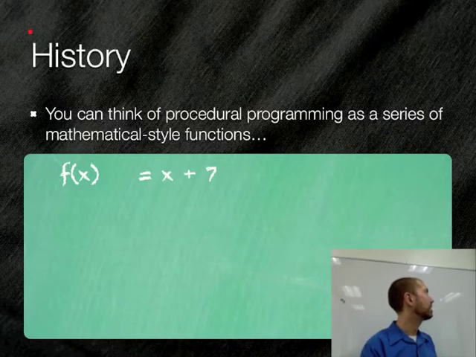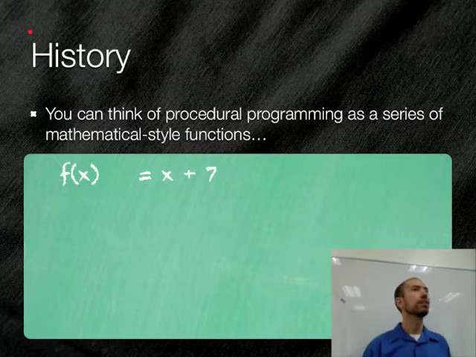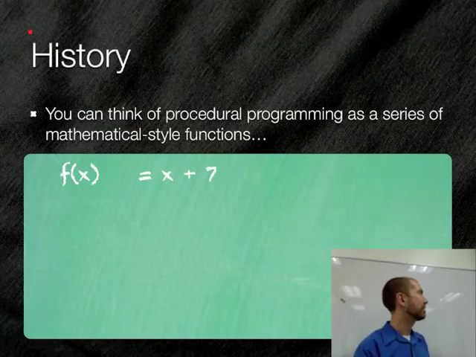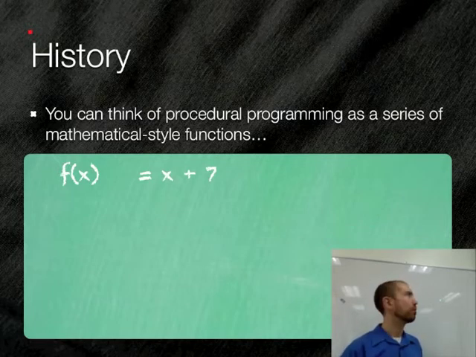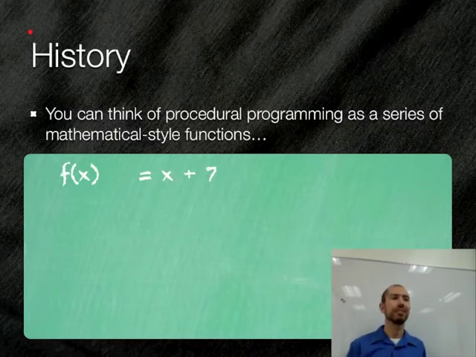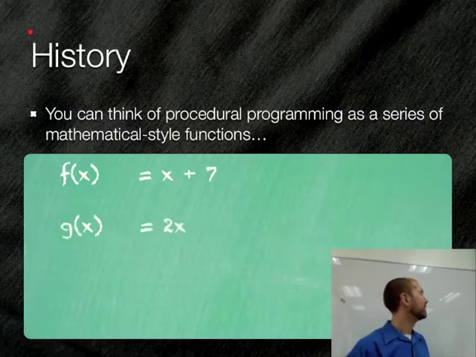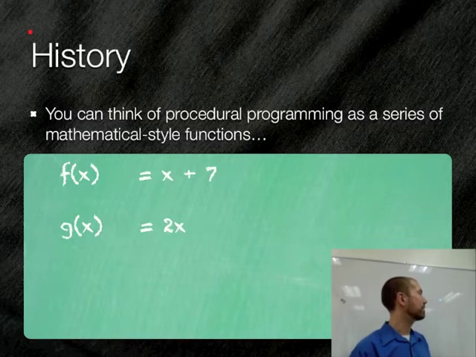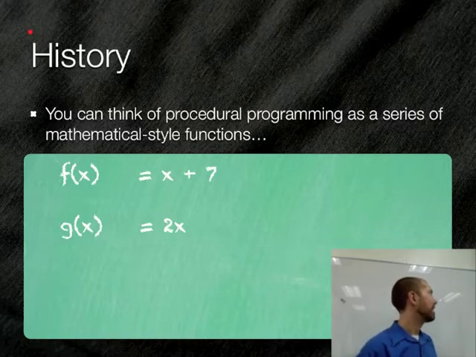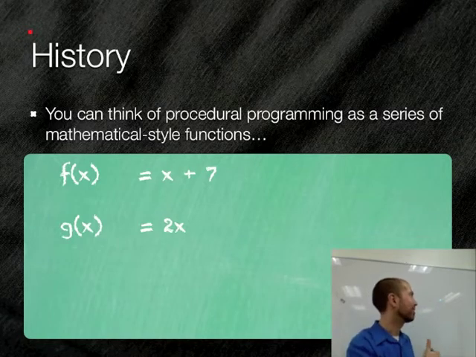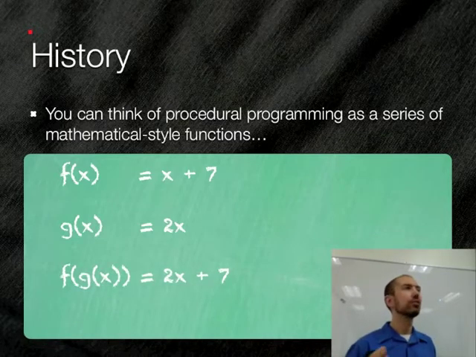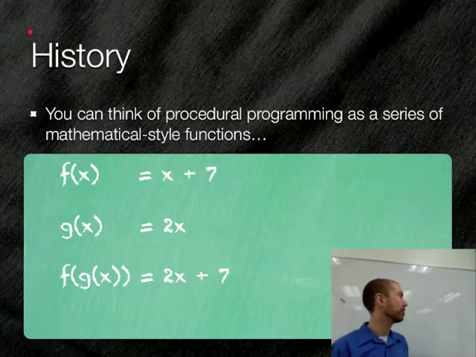If you see a notation like f(x) = x + 7, we call f(x) a function, right? And the idea is that you put in something called x, and you get out a value, right? So if we put in f(5), the value of the function would be what? 12, very good. And if I define another function called g(x) that was 2x, and I put in 5, then we'd get 10, very good. Excellent, good work all around. And of course you can do things like combine functions. So hopefully this terminology looks somewhat familiar to you if you can remember way back to your algebra classes.